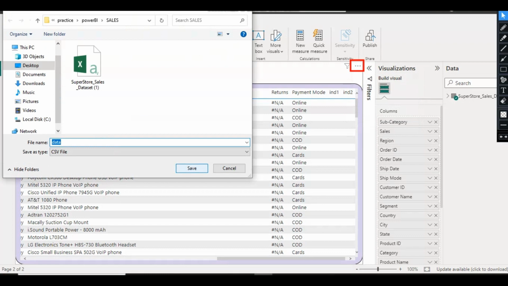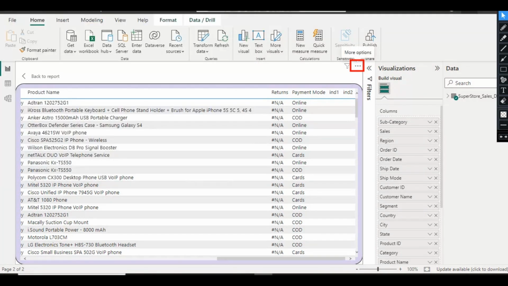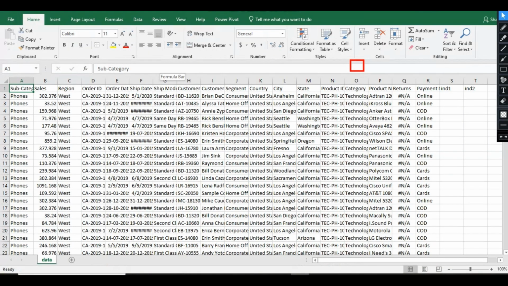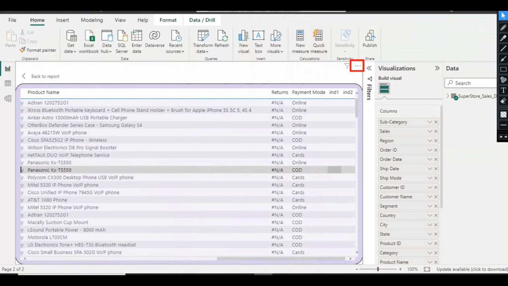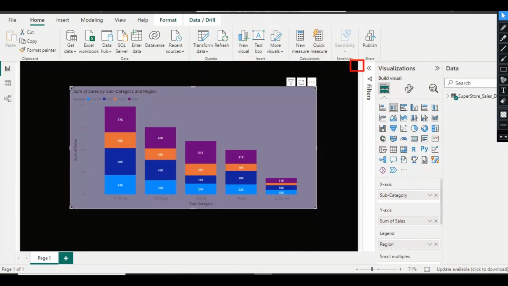and if you want to save this, this is your file name and I want to save it like this only. Okay, and let's check it out. It's CSV data which we exported as a CSV file from Power BI. So that's how you can export data from Power BI and just simply store it in a CSV file,